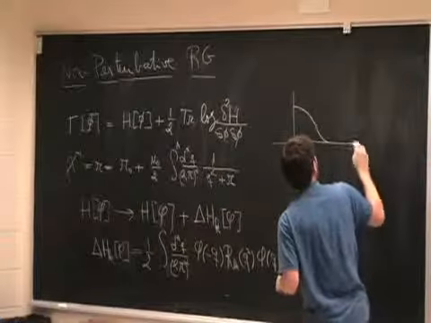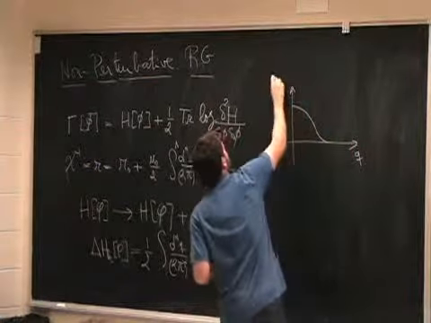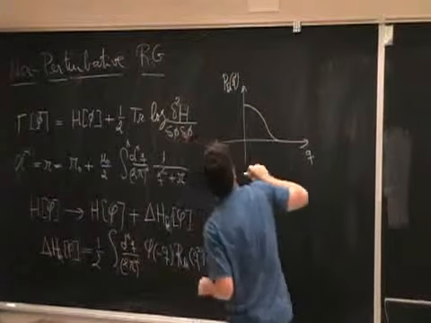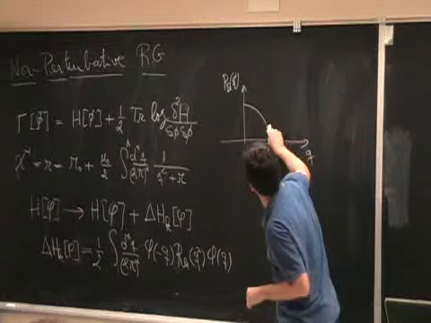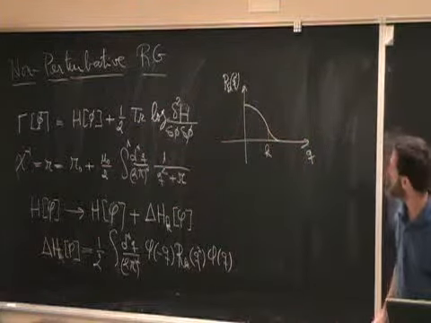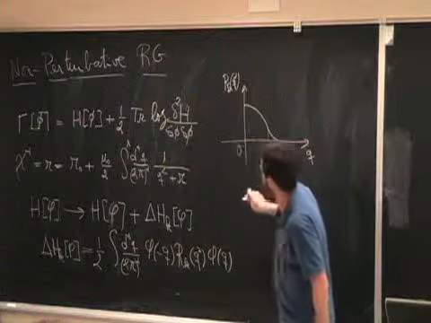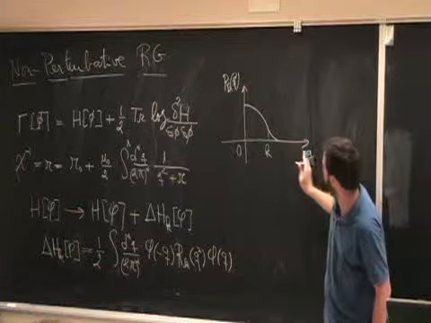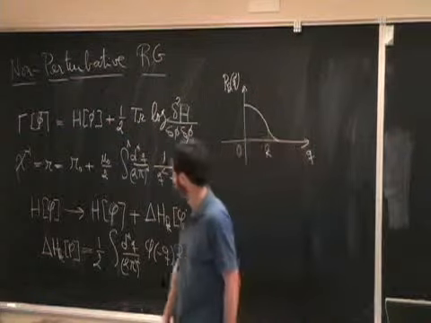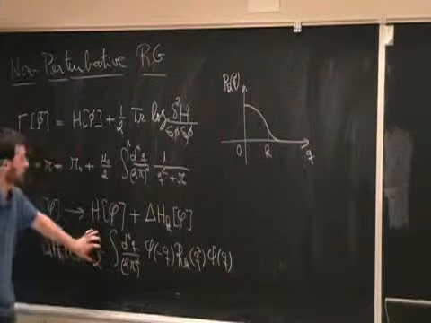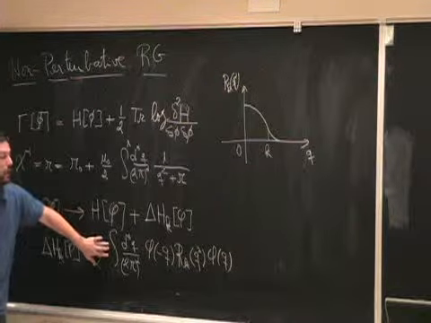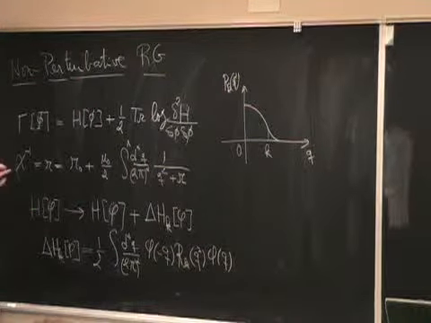Let's put modes here, q, and let's put the function here. So what we take is a characteristic scale here, k, sorry, and for momenta lower than k, this will behave as a contribution in the Hamiltonian that gives you a correction to